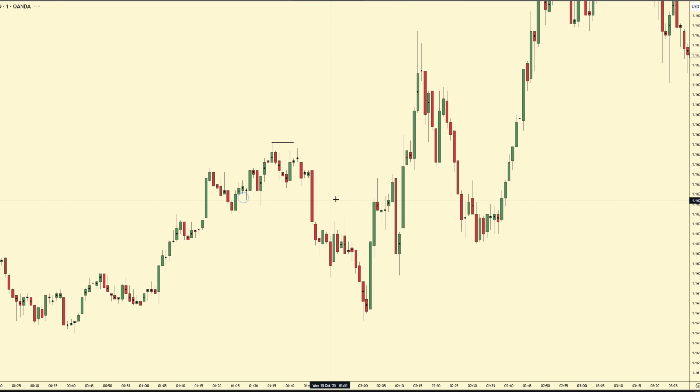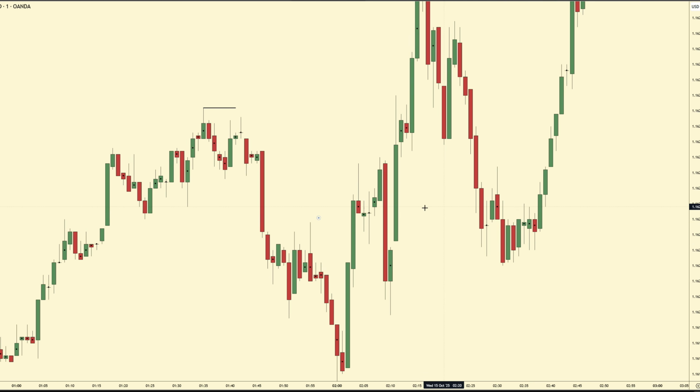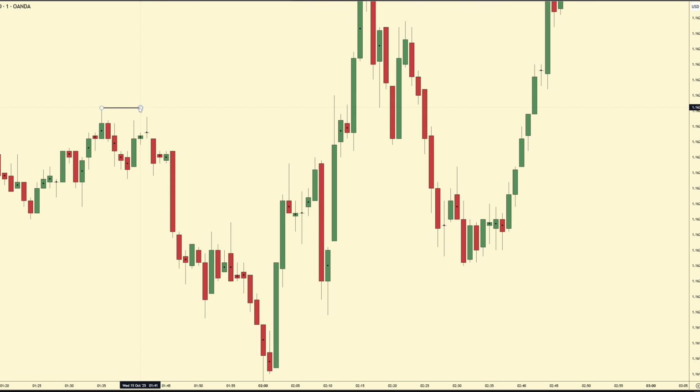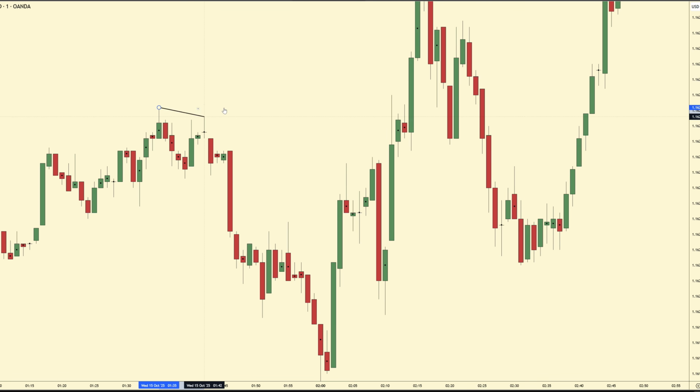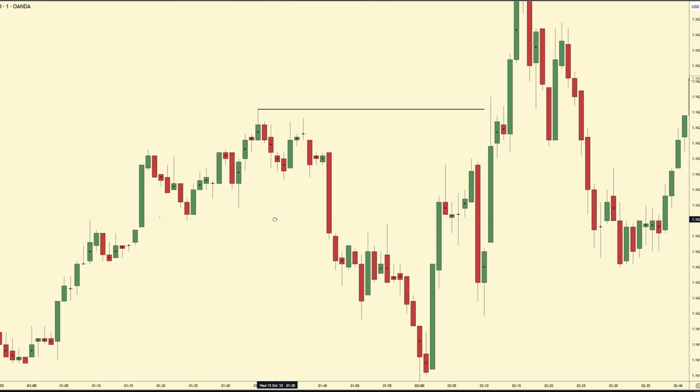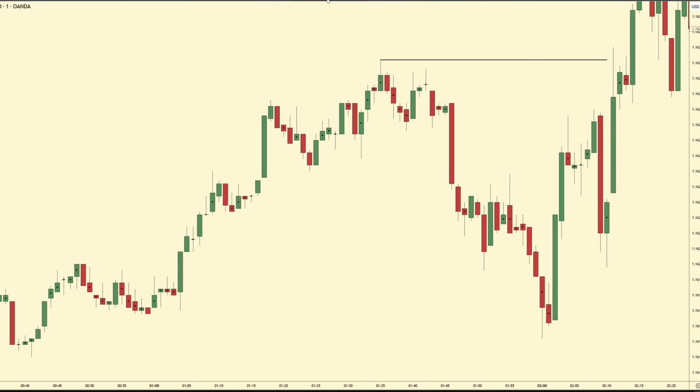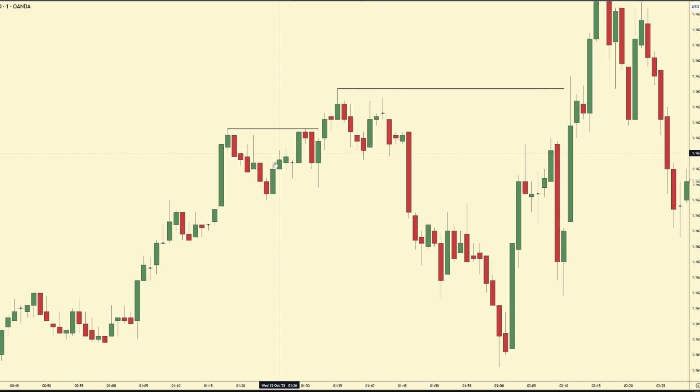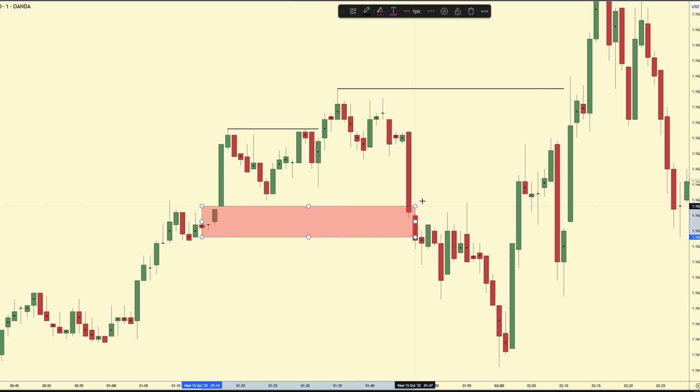If we just go over here a bit, you can see a great example of when we actually got a structure high removed. So you can see here, we had a very obvious high. Why is this the obvious high? Well, I mean, look at it. Obviously, everybody's seeing this high in price. Now, you could also go over here and say that this is a structure high as well. That's definitely a reasonable thing to say. And then we actually had a demand zone here, and that would have been a loss